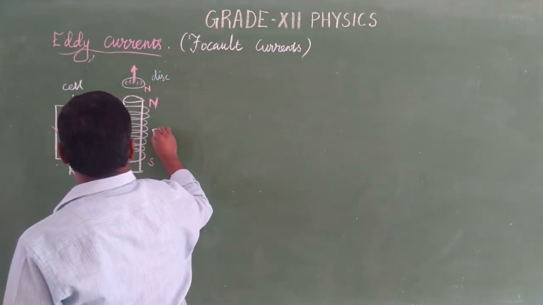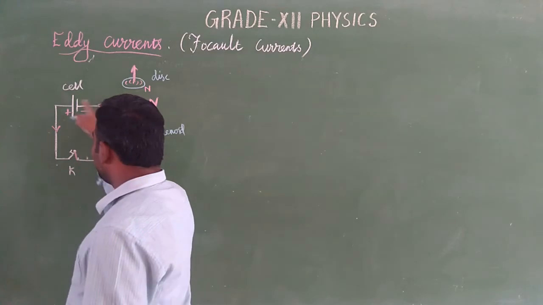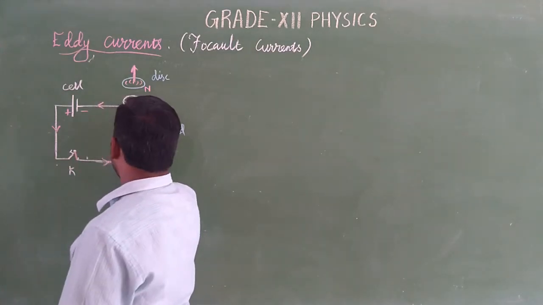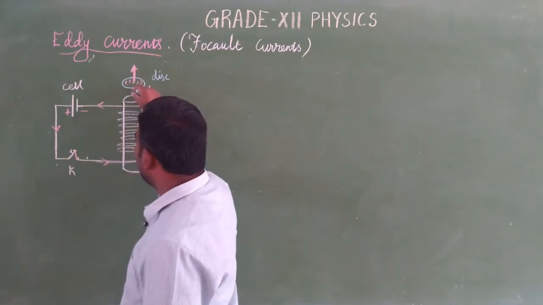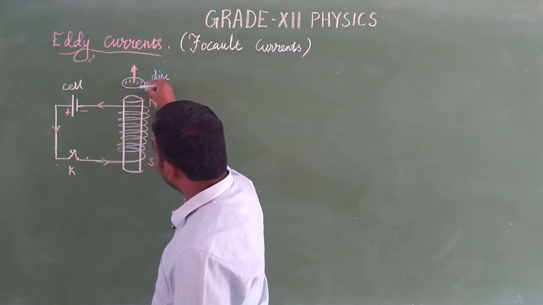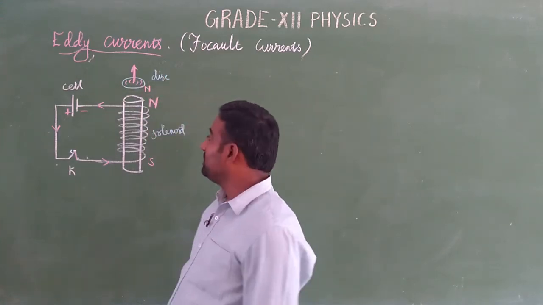This is a solenoid or electromagnet. Now when we close the key, this is how the direction of the current flows. So this side acts as a south pole and the upper end acts as a north pole. The disc we have placed above it starts to rotate, due to the change in magnetic flux with the conductor and the bulk piece of the material.